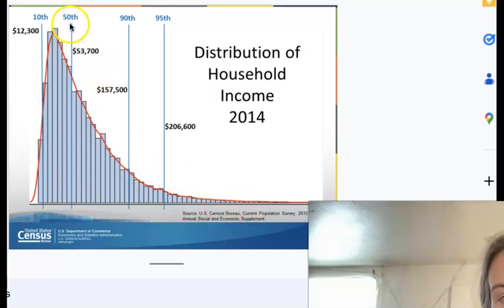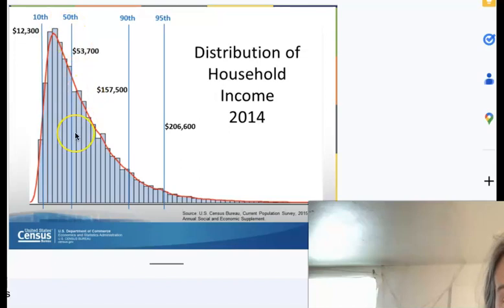And we have the percentiles in blue here. So the 50th percentile means you are richer than 50% of Americans if your household makes $53,700. And you are richer than 90% of Americans if your household makes